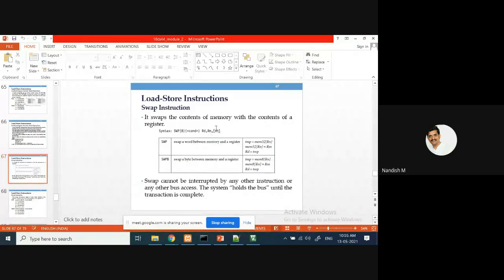First, whatever data is in the base address register, in the background it is going to copy to the temporary place, TMP. From here, it is copied to the temporary. Whatever content is in the RM register will be copied into this address.